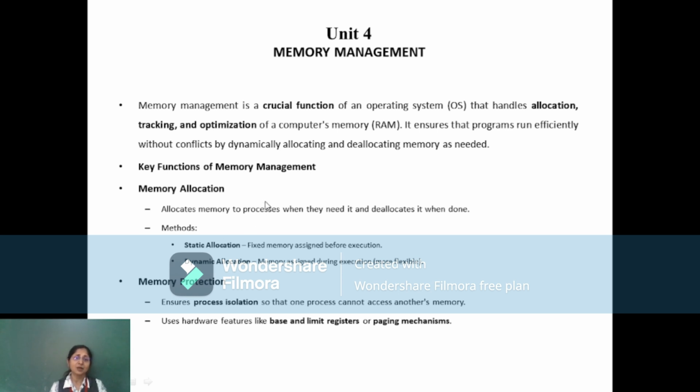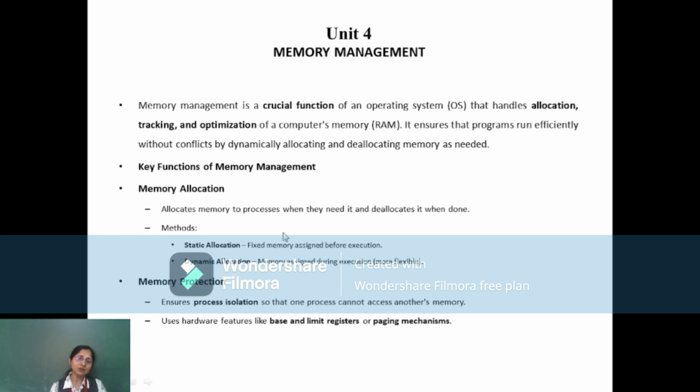Sometimes it happens that the process is still running but not executed completely. For example, the process is getting executed and it's waiting for some input and output operations. In such cases, suppose we don't have sufficient RAM, then this process will be copied back to the secondary storage and we call it deallocation. Again, when the process's turn comes, the process will be copied back to the RAM. So again, new memory will be allocated to the process. So this is allocation and deallocation.